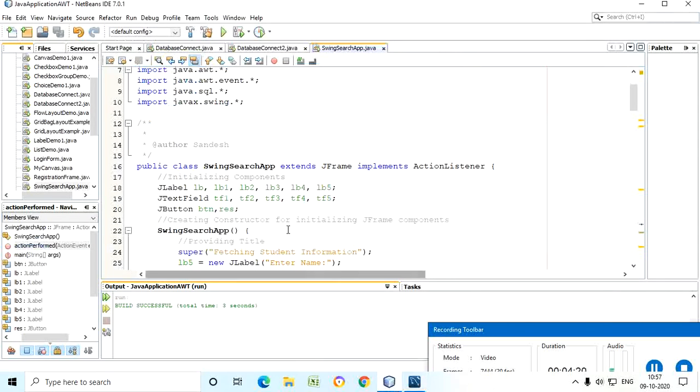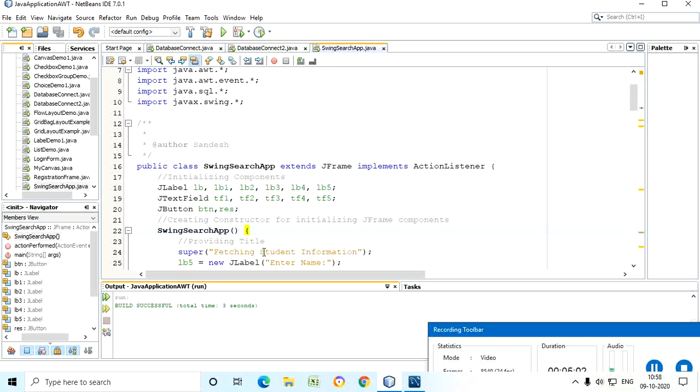One important thing is that you have to make some provision to take input from the user, and the input should be a username. The username is the input which we take from the user, and for the given username, we will display the data extracted from the table. The table is student, and company is the database. Under that we have created a student table. I told you in the last session also that in Java, under a package we have a number of classes. Similarly, in a database, under a particular database we have a number of relations or tables. So within the company database, I have a table called student.